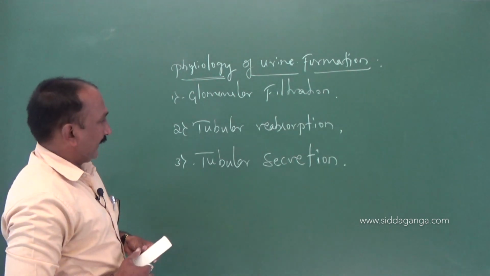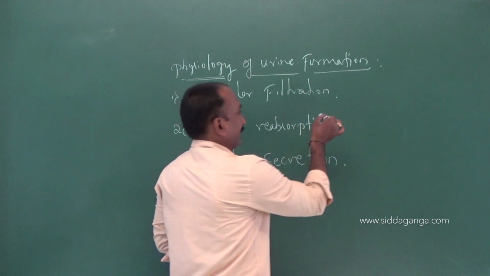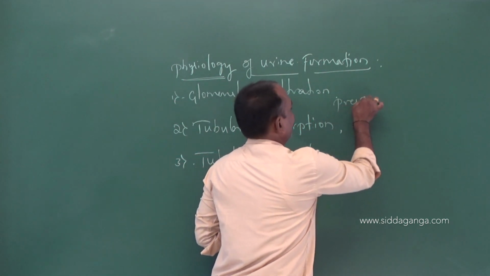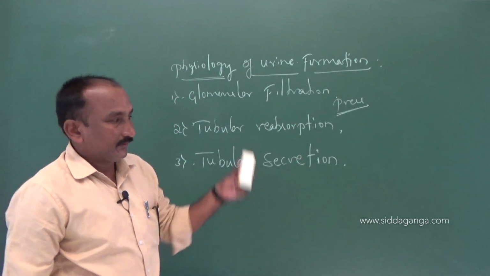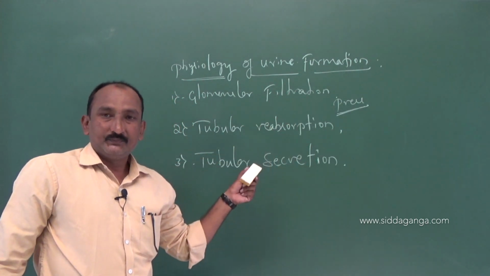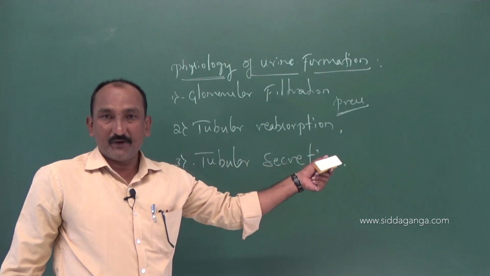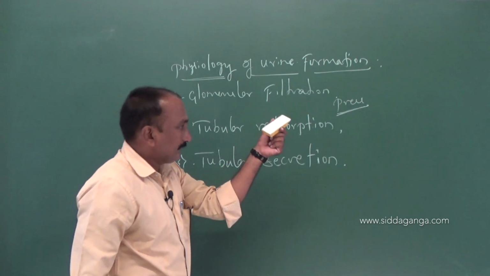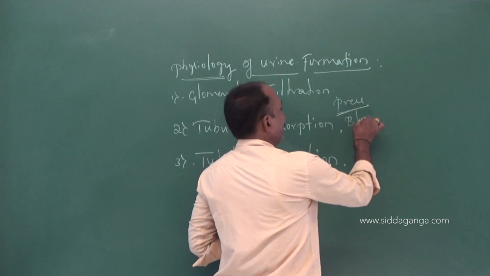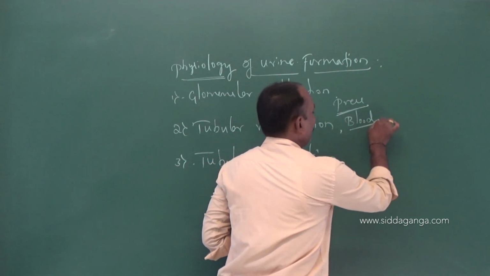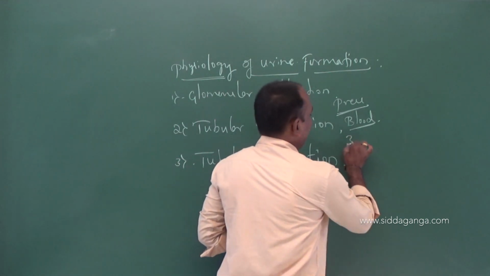It takes place under the influence of pressures, as I discussed last class: glomerular hydrostatic pressure, glomerular osmotic pressure, and capsular hydrostatic pressure. Under the influence of these pressures, the blood is filtered from the glomerulus, passing through three layers,